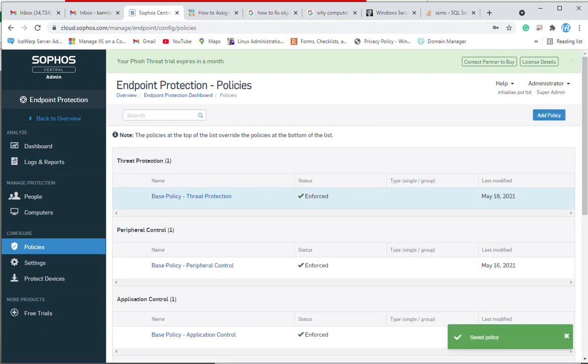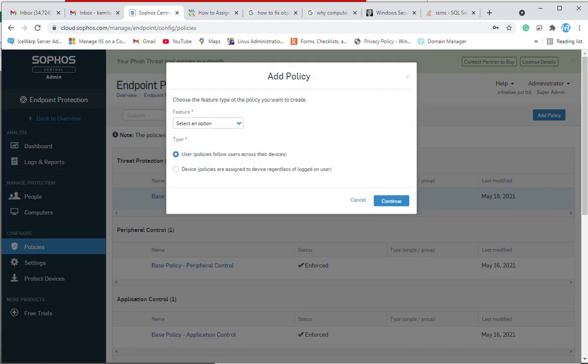Now you can also create a custom policy by clicking on add policy over here. Say you want to create a policy related to a feature like threat protection, or any other options like data loss prevention or Windows firewall. After that you need to select the type.